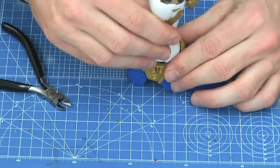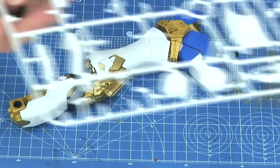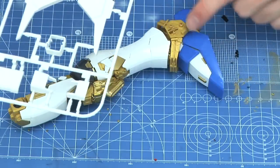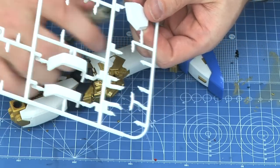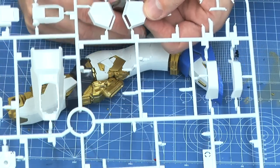And there it is. So now we will work on the ankles here. Now with the ankles, not so big, you can see, made to fit right around here. One thing I'm rather surprised at, to be honest, as this is the first Perfect Grade I've ever worked on,